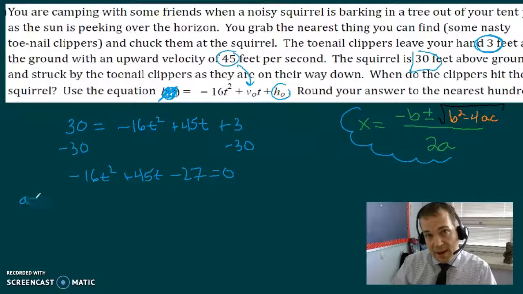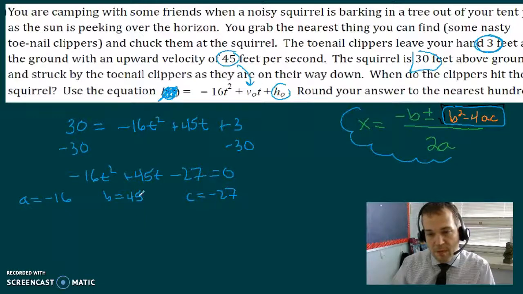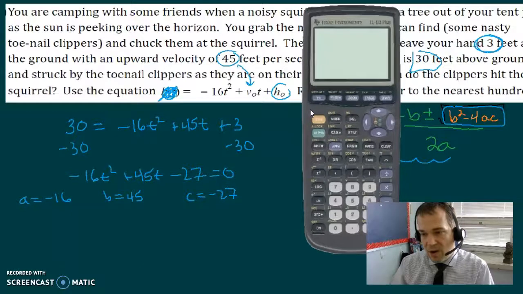So I see A equals negative 16, B equals 45, C equals negative 27, and we're going to use this to solve it. And like I always suggest, I want you guys to figure out this first. So I would square that B value. Well, I'm not going to square that one in my head. I'll get the calculator out and I'll figure out what,